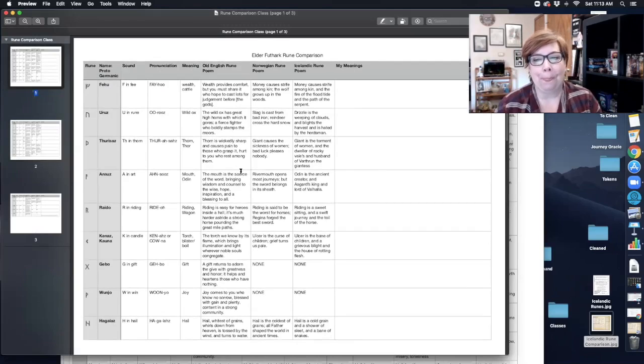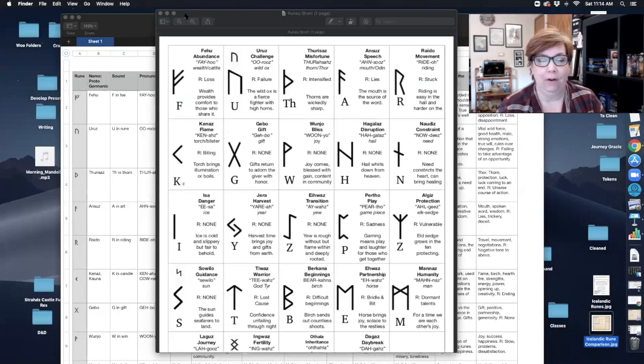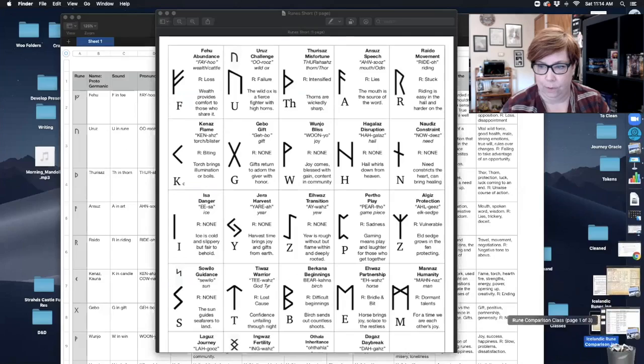I know, she's adorable. Okay, so my point is, this is a stripped down version of mine, so I'm going to bring this down. What I would suggest is you can just print it out and start to use it to write your meanings. But I do think that part of your homework for this week,